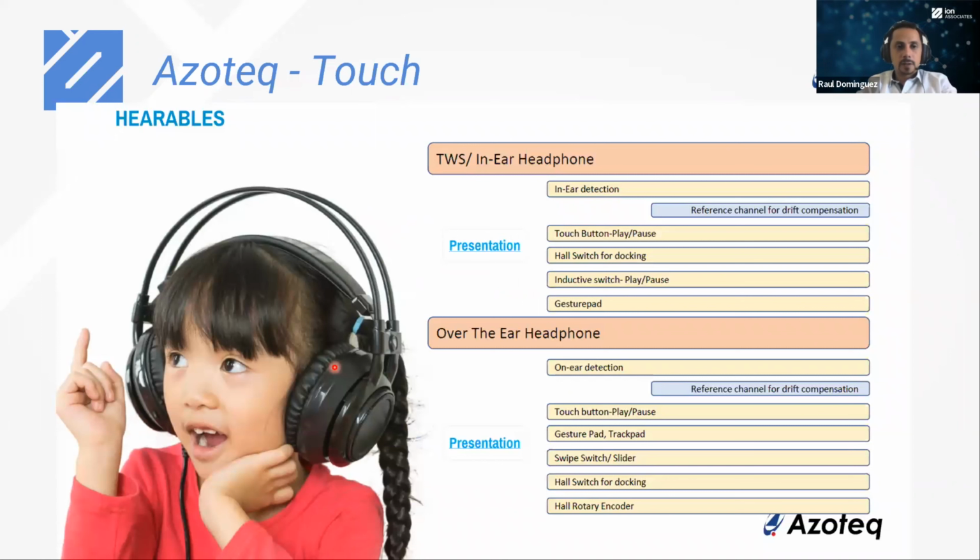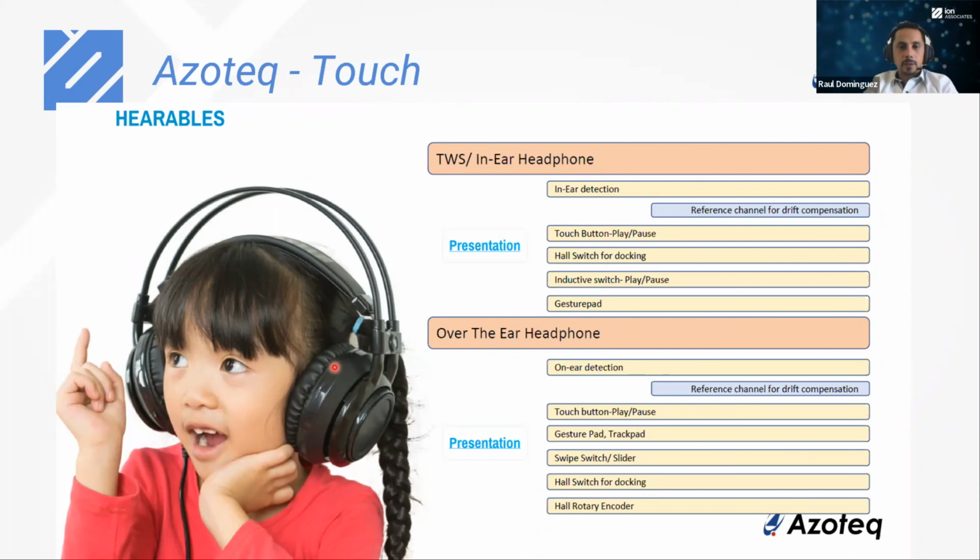One of the usages is also in the hearables. We have the in-ear headphones or over-the-ear headphones, like these ones. Each one has different functionality because they need to detect in a different way. For example, as now we are seeing more and more wireless things, you want to preserve the energy, to have them in a deep sleep until they are used. So with our special ICs, we can offer in-ear detection, so they will detect when you have it in the ear. It's outside or inside, depending on the usage.